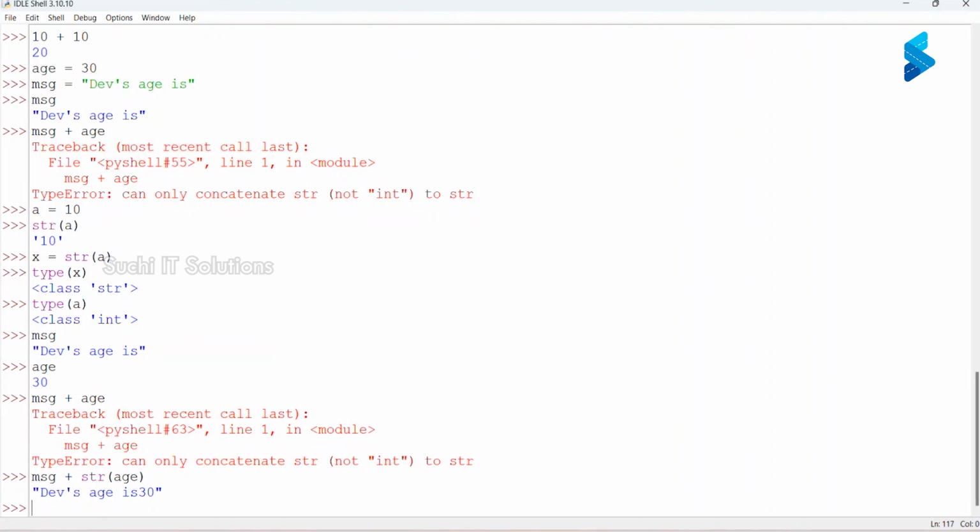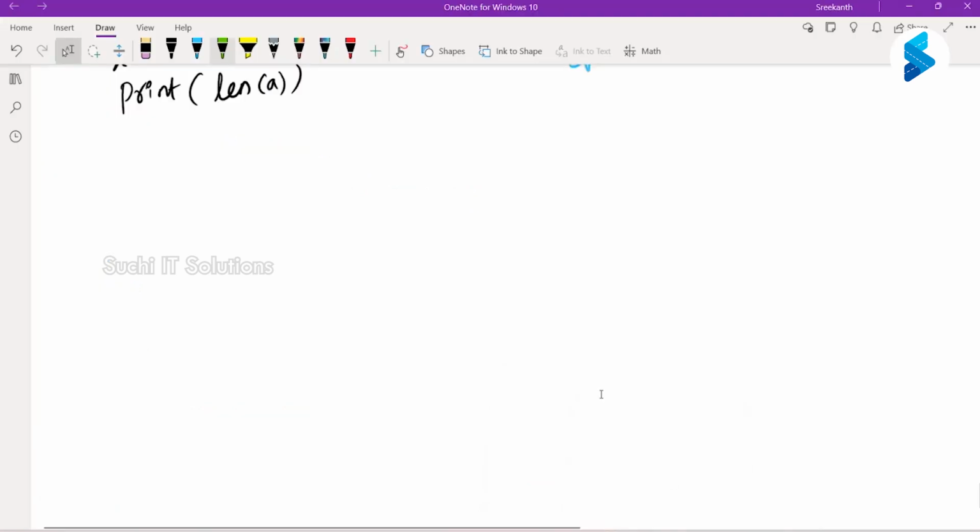Okay, right. So with this, do we have anything else? Okay, still there is a lot to do in the strings. So let us see. I want to use a single quote in double quotes and a double quote within a single quote and something like that.